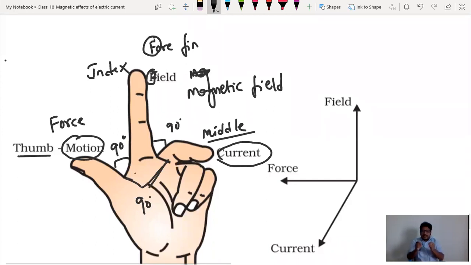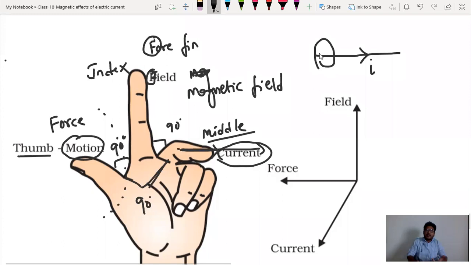Guys, this is just an extension of the right hand thumb rule. If you see the right hand thumb rule, just for the time being, forget about this thumb. Just think about this index finger and this middle finger. If the middle finger is the direction of current, consider there is a wire like this and current is passing in this direction. You see, the middle finger is the direction of current. How about the magnetic field in a straight current carrying conductor? It will be like this, isn't it? Around the conductor. So this is the magnetic field, right? It is easy to understand.